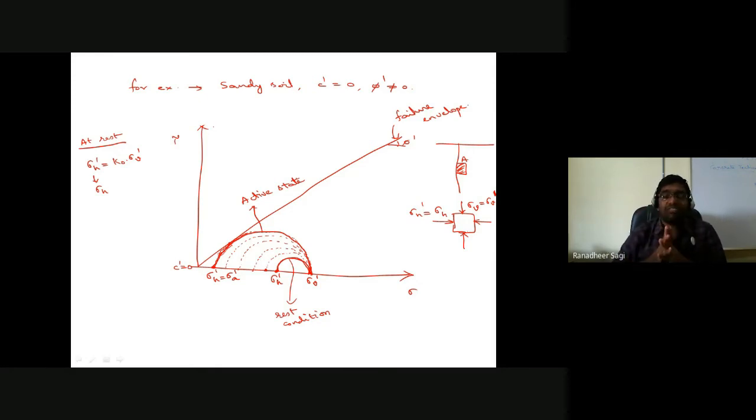Next, the same thing, let us understand from the passive state condition point of view. Because even in the case of the passive state, if you are looking at the soil element, what happens? Initially the soil element is in the rest condition, and as your retaining wall slowly starts moving towards that soil element, what is going to happen? The vertical stress acting on the soil element is still the same, but the horizontal stress getting developed on your soil element tends to continuously increase as your retaining wall moves towards your soil.